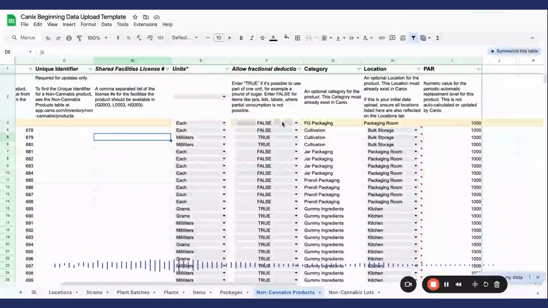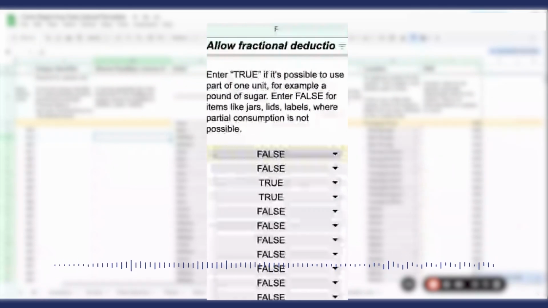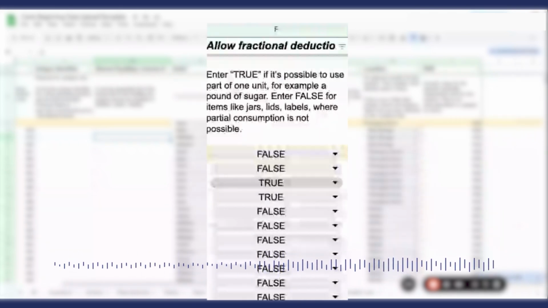If you have a count-based product, you'll also determine whether you want that count-based product to be able to be deducted in fractions. In most cases, count-based products cannot be deducted in fractions, like jars or lids or labels. You can't consume a part of one of those. So you'll enter false here for all of those. For weight-based products, you do want those to be deducted in fractions or in partial consumption, so you can enter